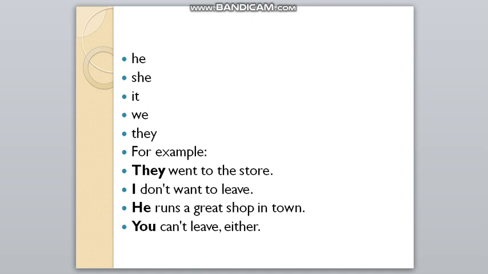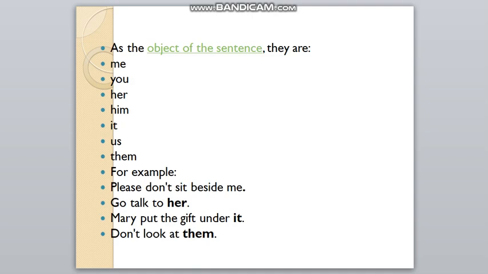For example, the highlighted words in each sentence show us the subject of the sentence. They went to the store. I don't want to leave. He runs a great shop in town. You can't leave either. Now, when you go with the object of the sentence, they are like me, you, her,